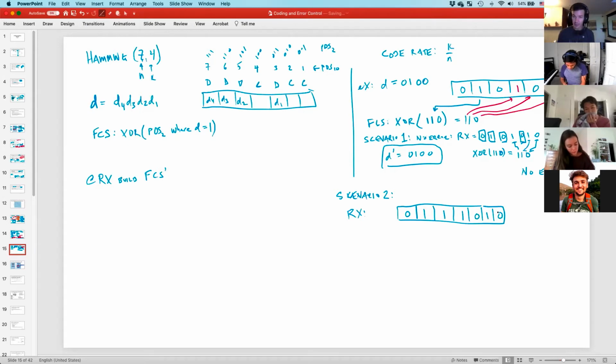Now, I know that you all can just look at the top of the board and pick out which bits were flipped. But let's pretend that we're the receiver and we don't actually know what bits were sent. The only thing we know is what's in front of us. I'm looking at 0, 1, 1, 1, 0, 1, 0. Okay, so at the receiver, my D prime is 0, 1, 1, 0. I see data bits here, here, here, and here. And that means that these are the positions. So FCS prime